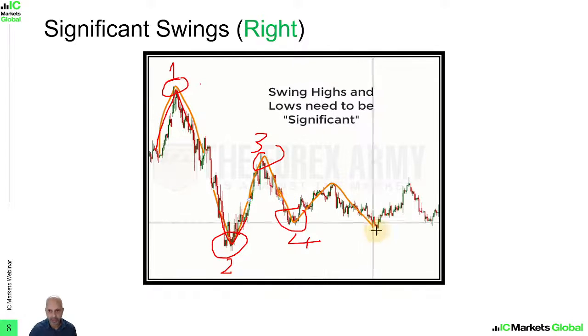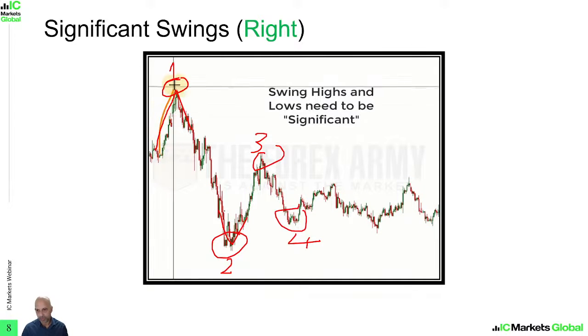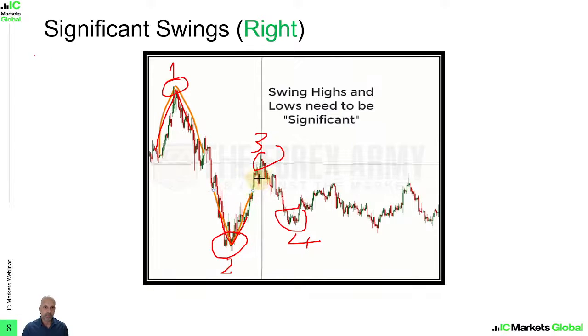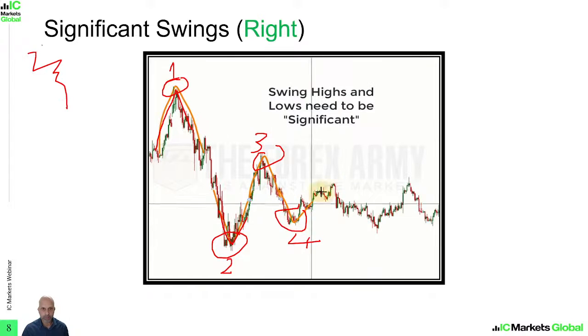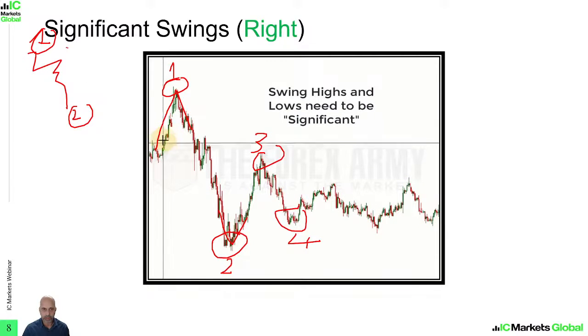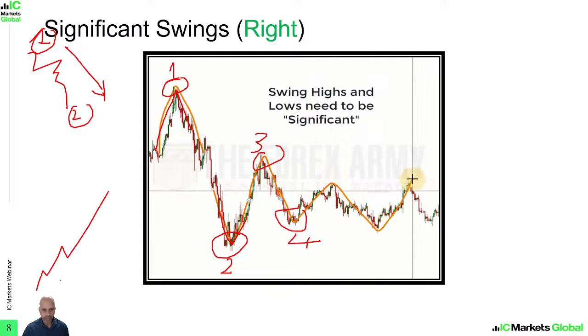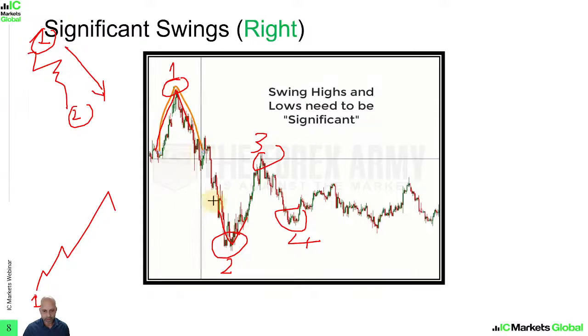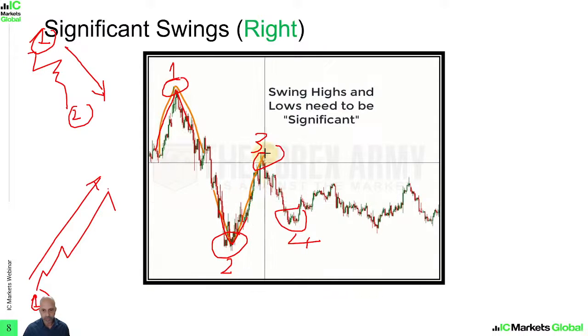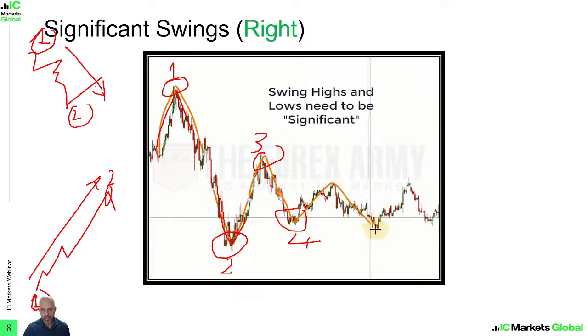So when I draw my Fibonacci retracements, do take note that we always draw from left to right, be it for a downturn or upturn. When it's in a downturn, when price is moving down, the starting point is going to be on the top left and the end point is going to be on the bottom right. So we're always going to go from top left to bottom right. For an uptrend, when price is moving up, we will also draw from left to right, but in this case it will be from bottom left to top right. Okay, so do take note when we use the Fibonacci retracement tool.